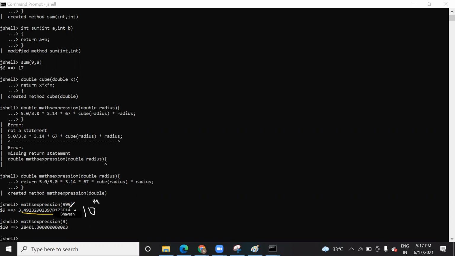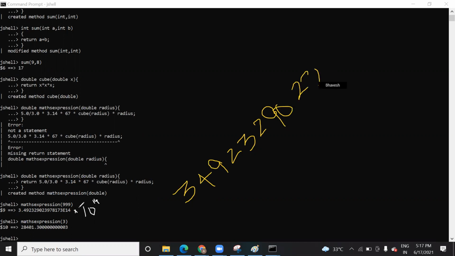So this number is 3.4923 E to the power 14, which means 10 to the power 14. When you multiply this E to the power, all of this will go back and at the end you will get the number, right?